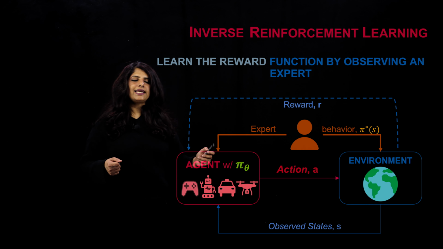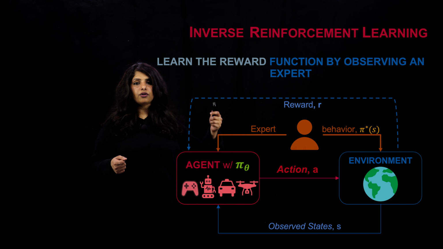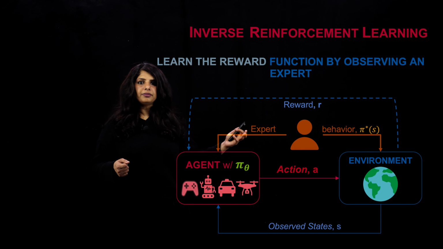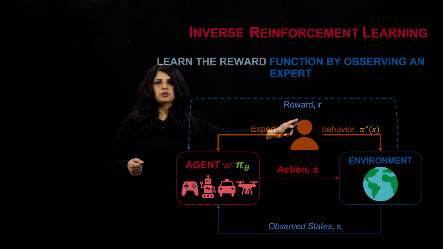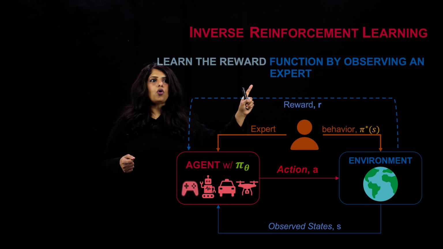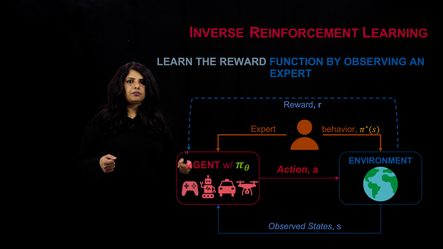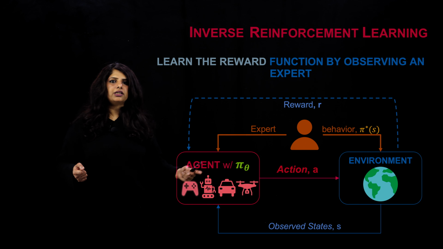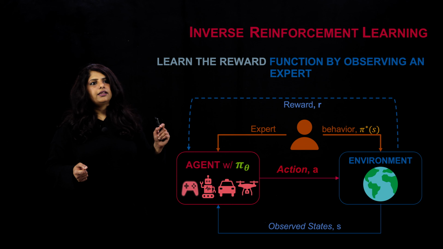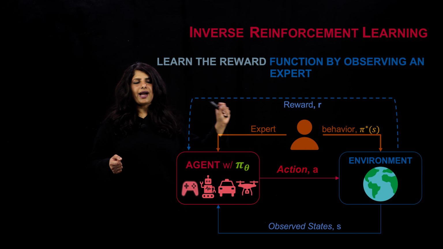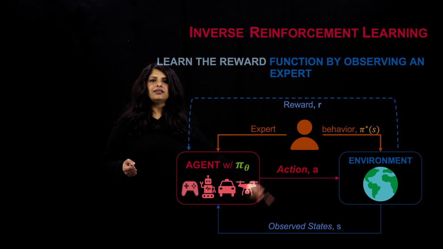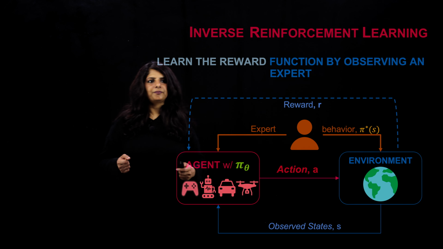What we want to do in these cases is figure out what this reward function is that the human is optimizing on by making use of the samples that they're providing that they draw from this expert policy. From this information, we figure out what the reward is and then go on to use this reward to train our agent using reinforcement learning to figure out what the optimal policy pi theta is. The idea here is to have reinforcement learning almost look like a subroutine within this inverse reinforcement learning process.